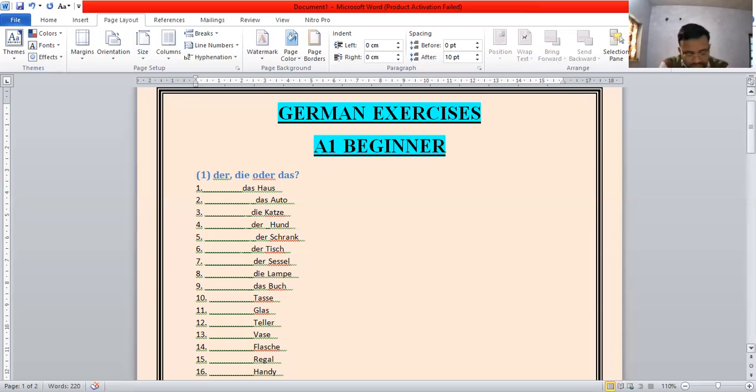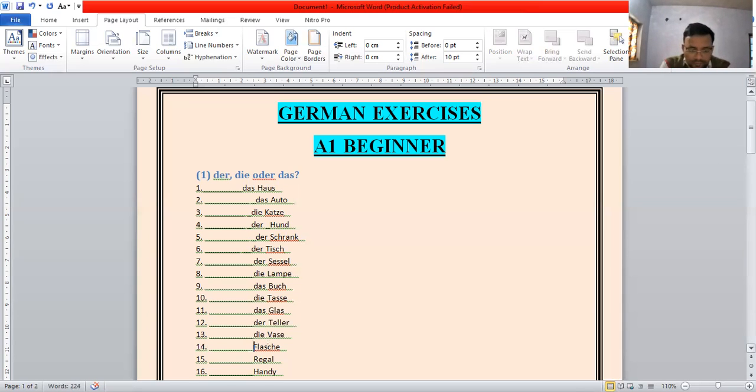Tasse generally means cup, and here we use the article die, die Tasse, the cup. Glas again, it's a glass. So with this we use das, das Glas. And Teller means plate, and with plate we have der, der Teller means the plate. Vase, V-A-S-E, vase, here we use the article die,